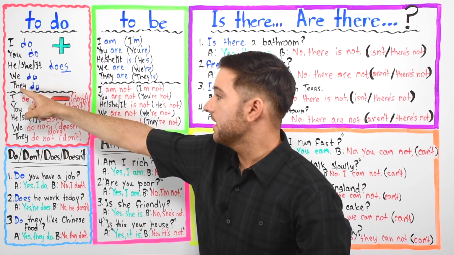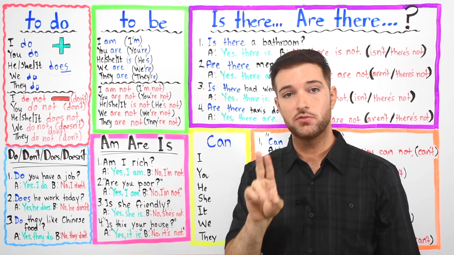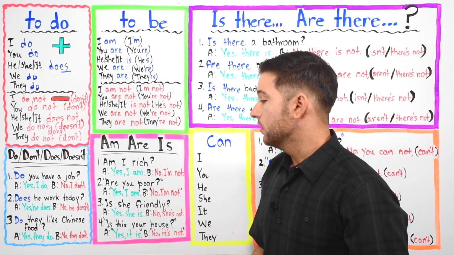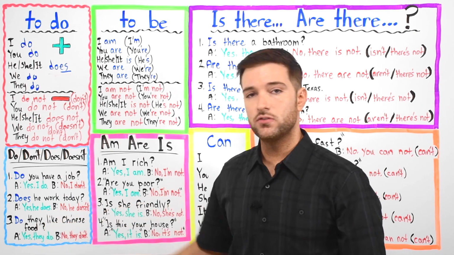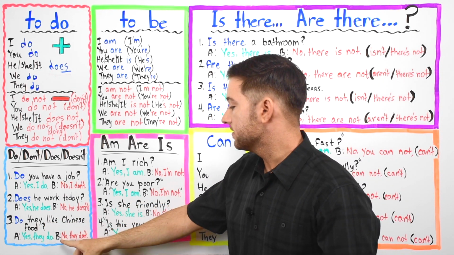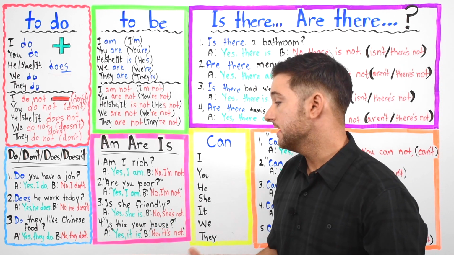Okay, number 3, do they like Chinese food? They, okay, they meaning them over there. Plural, we're talking about 2, 3, 4, however many people. Okay, do they like Chinese food? Okay, and you can say yes, they do. Or you can say no, they don't. Or no, they do not. Okay, in English,